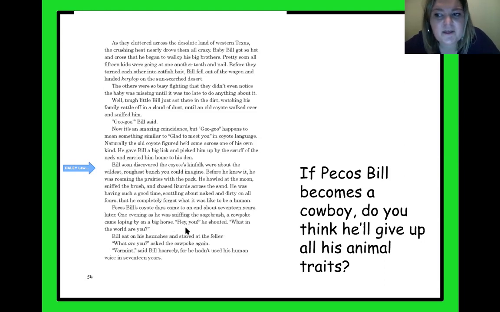All right, guys. So what do you think? If he does become a cowboy, or as they say, a cowpoke here, do you think he's going to give up his animal ways? It says up here,